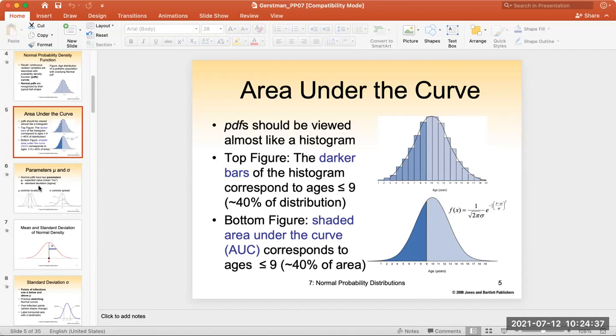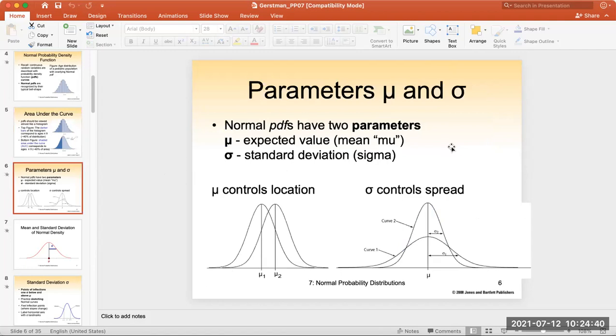So generally for a given normal distribution, we have two significant parameters. One is the expected value, generally we say the mean. Mean controls the location where the particular normal curve is fixed. Like if you have mu1, that means this curve is here, mu2 means here. So that is going to fix the location of the normal curve.